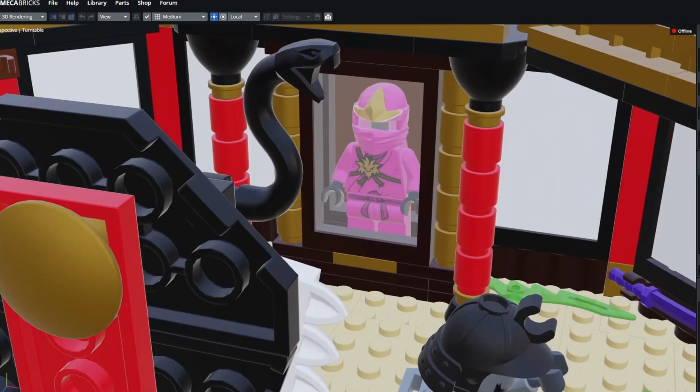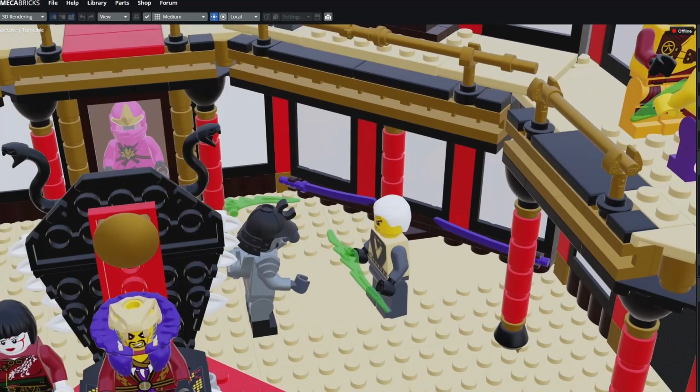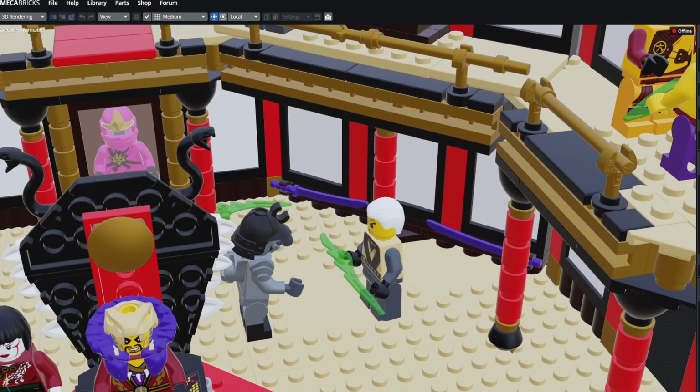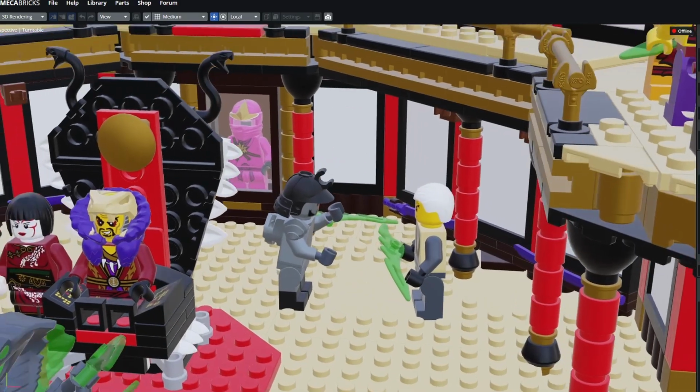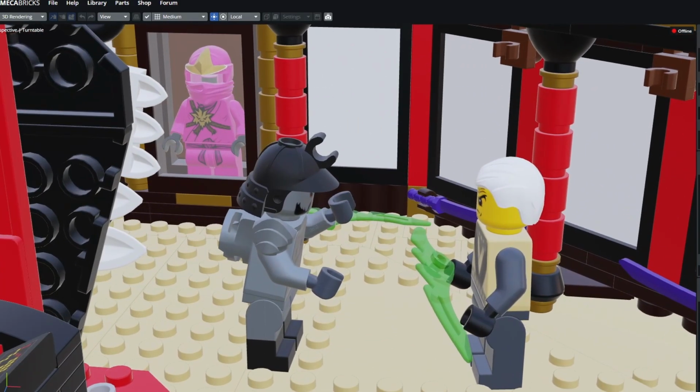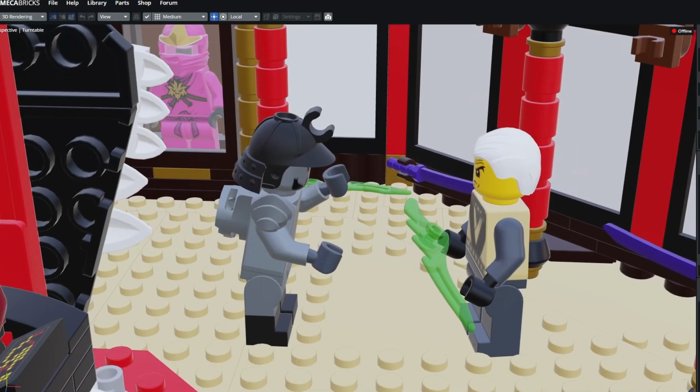Nothing's really changed about this display with Zane's suit in it. I just wanted to call it out again because I really like it. Obviously, we've got the purple swords on the wall representing where the Anachondri swords would go, because I couldn't use the actual Anachondri swords. And here we have Neuro, the Master of the Mind, who has clearly just found a